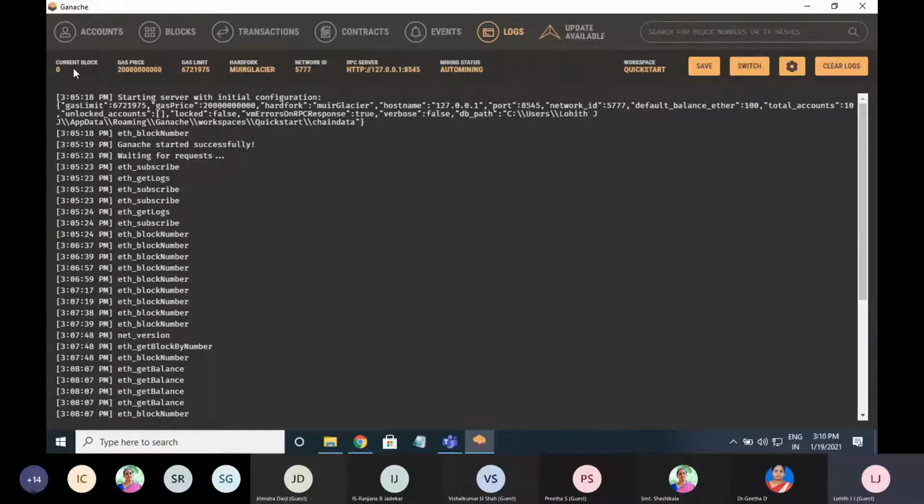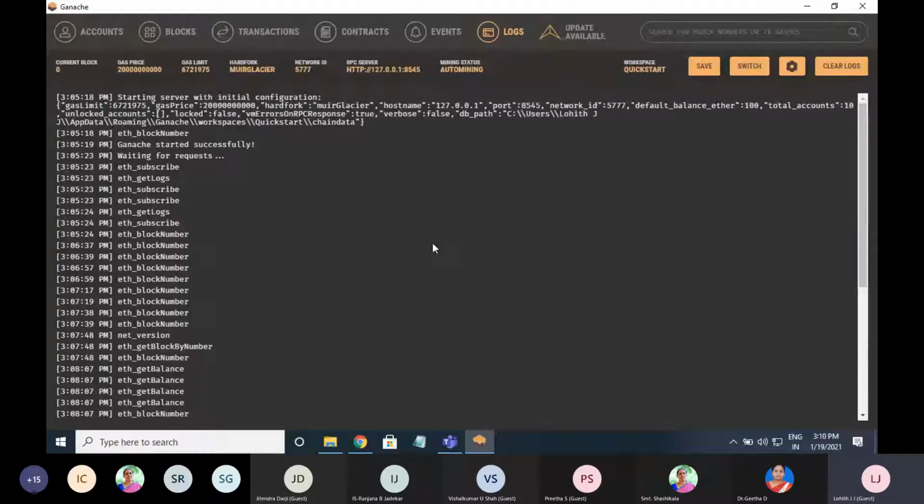Okay. Next, in the below row, current block 0, gas price, gas limit. And see, gas price and gas limit are already fixed here, because this Ganache Ethereum will auto mine, and mining status is auto mining, and the remote procedure call RPC server is HTTP 127.0.0.1 with the port number 8545.